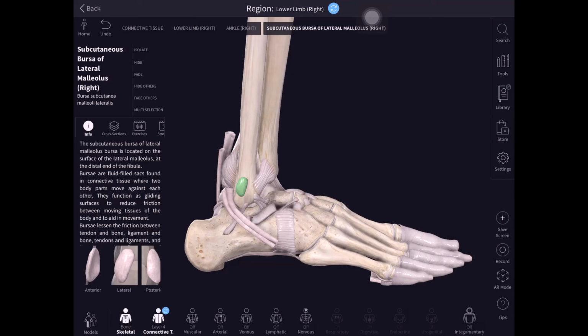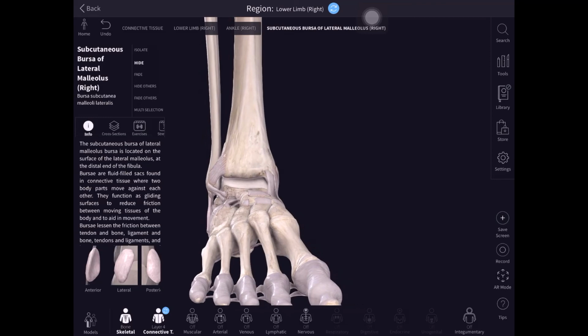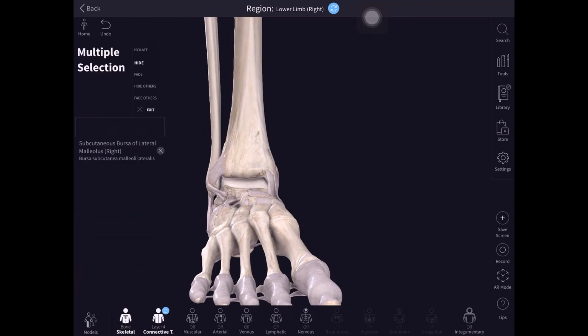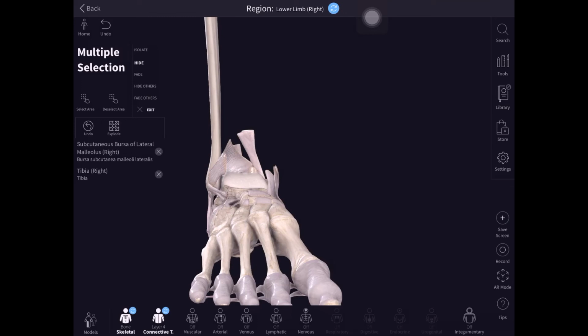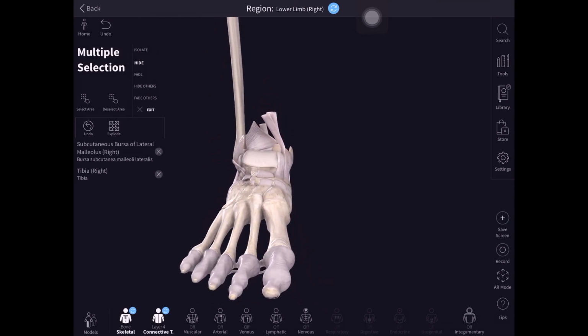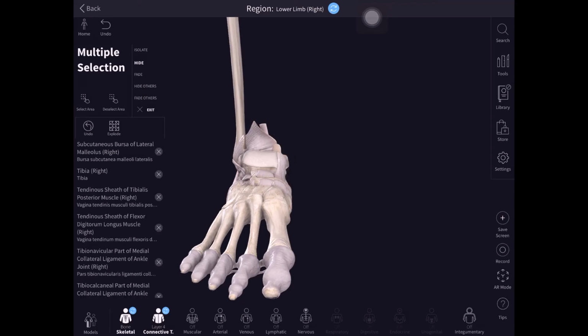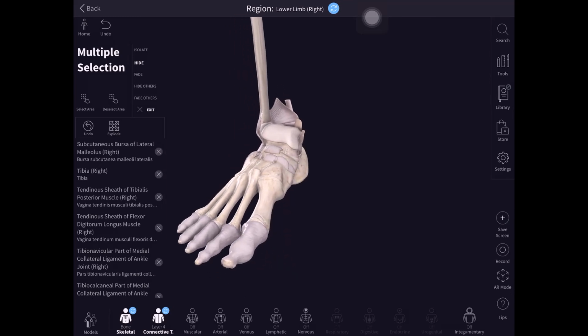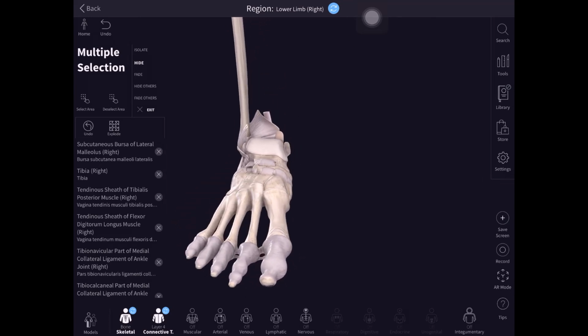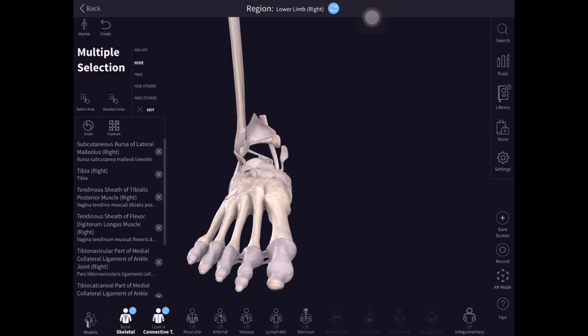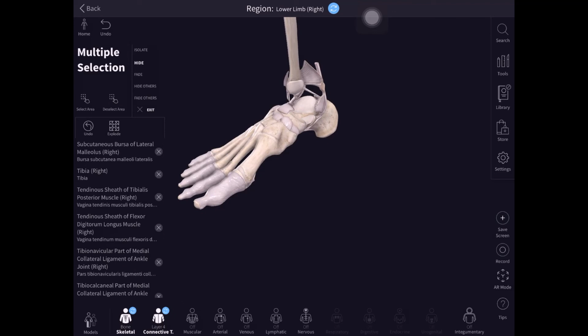So now medial surface. To do the medial surface we have to remove so many structures now. So let us remove the tibia. Let us remove the other tendon which we don't need. So to see the medial surface, here you see there is an articulation happening with the talus. So I am removing the talus also now. Now the talus has been removed. Okay, now you can see that's the area, and here